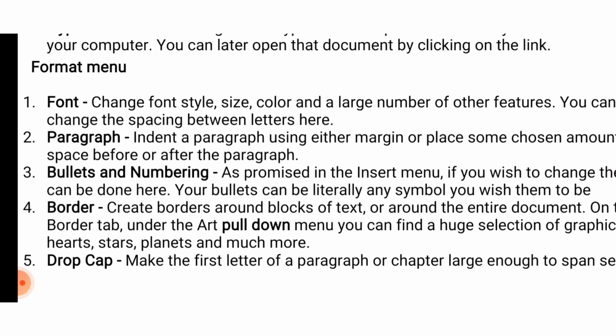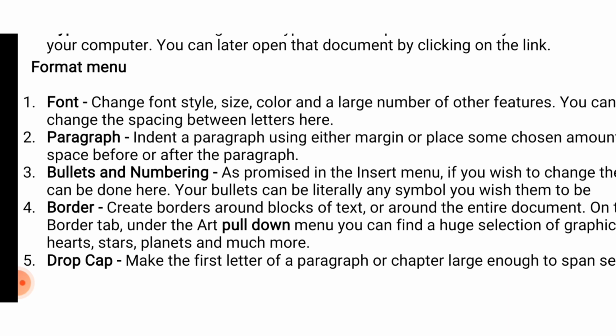Font is used to change the font style, size, color and a large number of other features. Paragraph, indent a paragraph using either margin or place some chosen amount of space before or after the paragraph. Bullets and numbering, it is used to bullet the document.